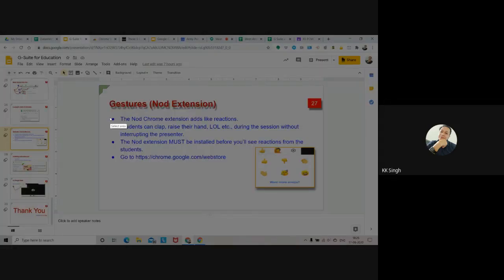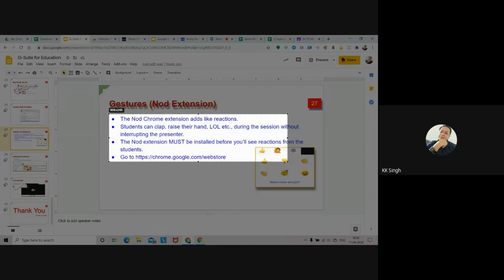See here, and when this gets activated, I can select the entire portion like this, and over here you'll see the tools.